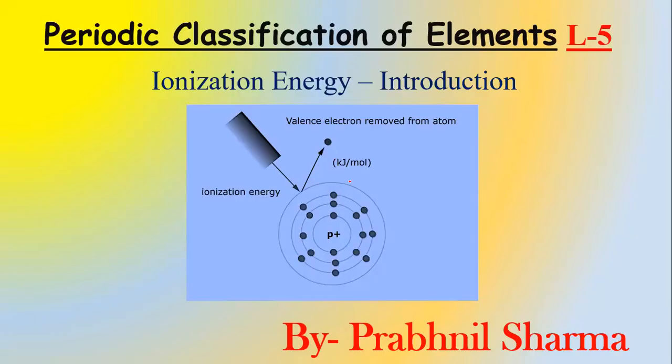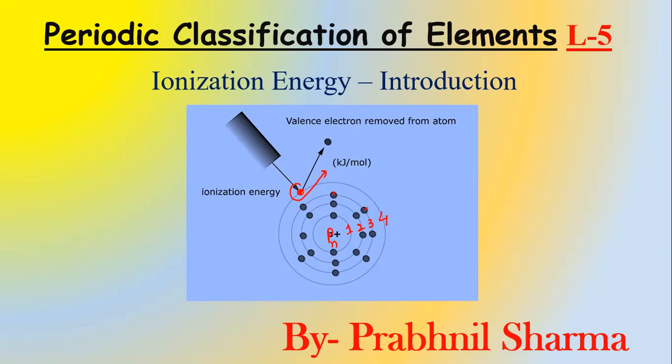Now see. Suppose this is an electron, these are the electrons, and this is an atom. There are some protons and neutrons present there, and this is known as the nucleus. So this is the first shell, second, third, and this one is the fourth shell. Now suppose in the fourth shell there is one electron. I want to remove this electron out from the shell. For this, I need to put some energy over there.